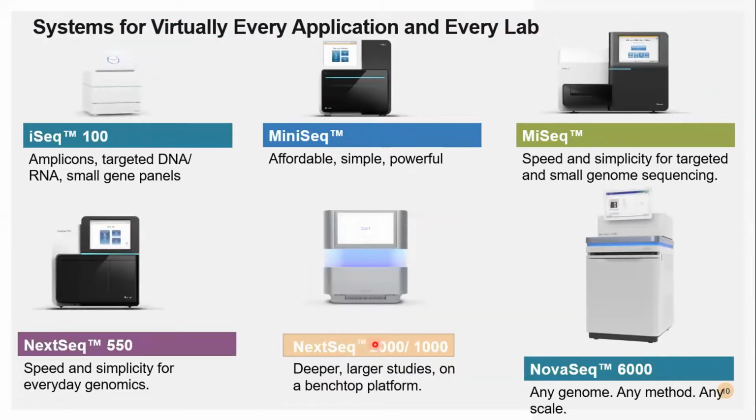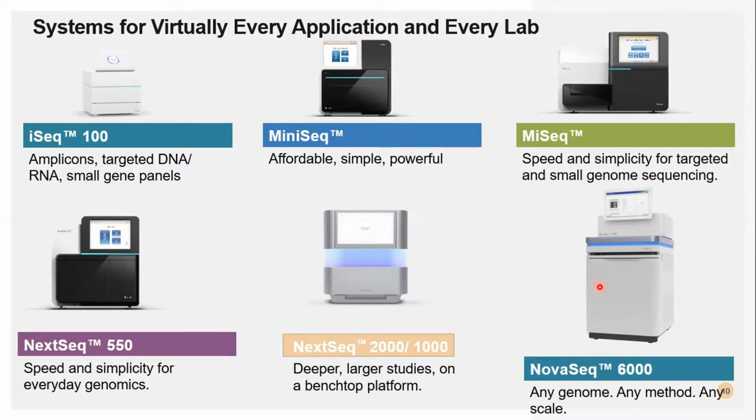Before I get into this, I'll let you know the different platforms from Illumina that we utilize to do all the sequencing reactions. Udit will explain all these things later on, but just for an introduction, there are 6 different sequencing platforms from Illumina that could be used for any of the sequencing approaches I discussed on the last slide: iSeq, MiniSeq, MiSeq, NextSeq, NextSeq 1000/2000, and NovaSeq. These go from the smallest to the highest platforms.